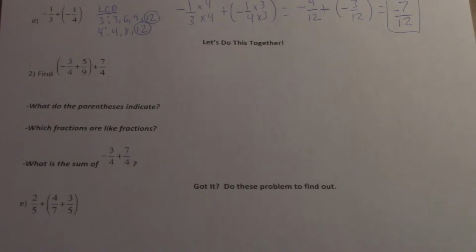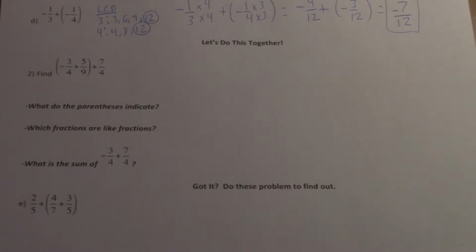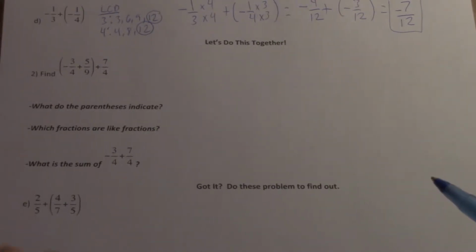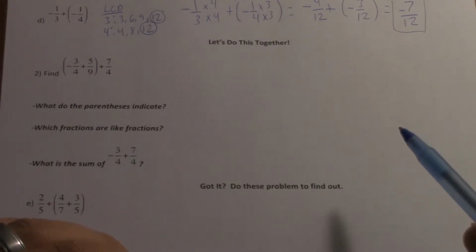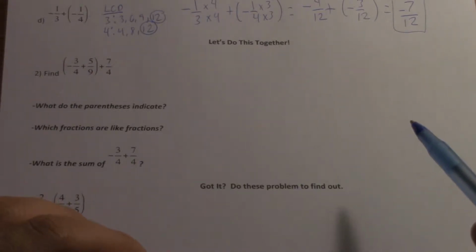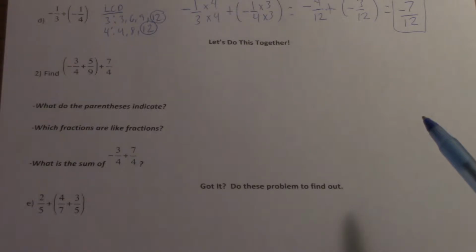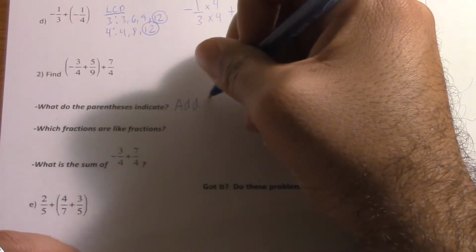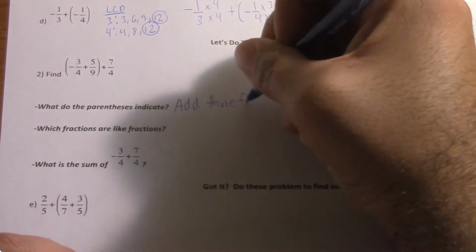Well, the easiest way to attack this problem is to first try to group the fractions that have common denominators together. But before we do that, let's look to see what the first question says. What do the parentheses indicate? Well, they indicate that we are supposed to add whatever is in those parentheses first. So we add those